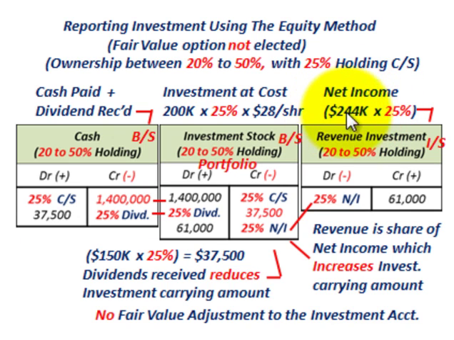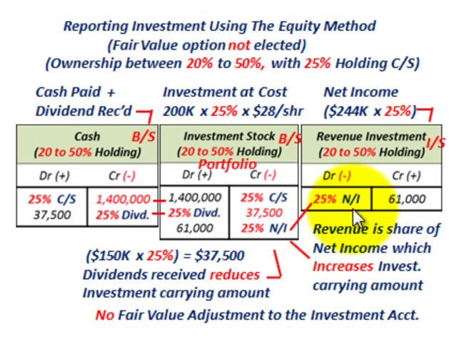So Corp B here has $244,000 worth of net income, and in this case, Corp A is going to share in that net income. So what they're going to get is $244,000 times their 25% ownership in Corp B. They're going to recognize it as a revenue investment on the income statement. So they would credit their revenue investment, or recognize it as income on the income statement, by